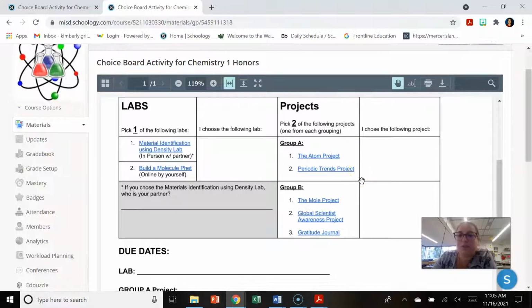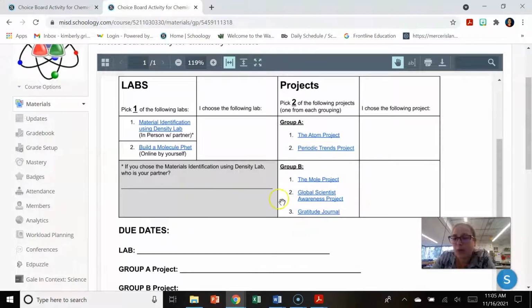The other group, Group B, these are the more creatively based projects, so not so heavy on the academics, more creative based. The first one is the mole project, where you will either create a mole based game or a stuffed mole, and there's a couple of other options in that one, but that one's going to center around the mole unit, which is Unit 6. Then we have the Global Scientist Awareness Project, which is our diversity project that we do here in chemistry so that you can become aware of our lesser known minority scientists and how important they have been in the